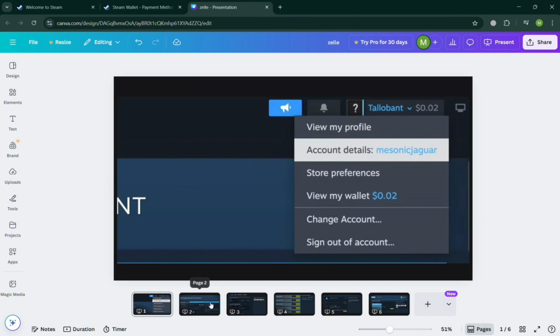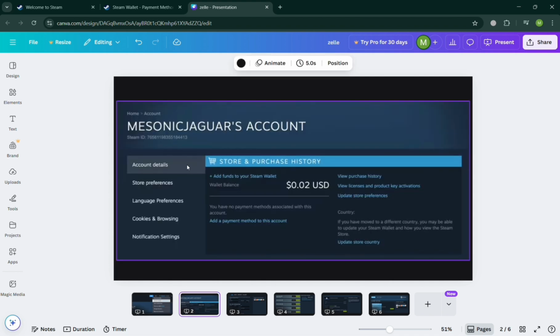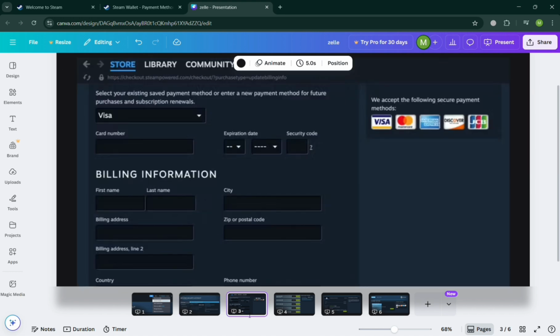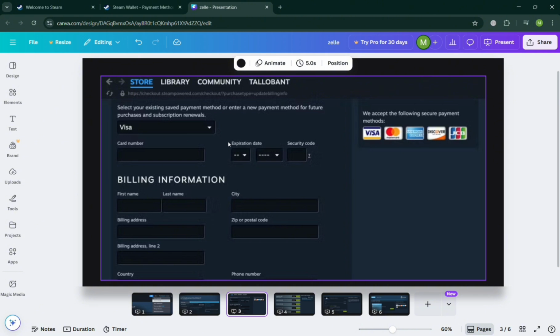So just click the account details option. And after that, from here, it will show you all of the details, including your available wallet balance. And to start adding the debit card, just click the Add Payment Method to this account button, as you can see in here. By clicking this one, the next thing that you need to do is to simply enter